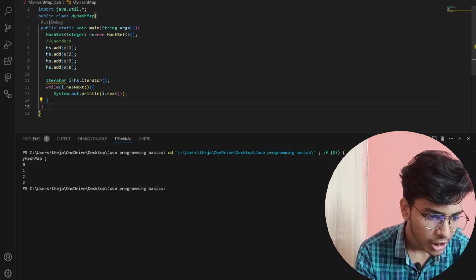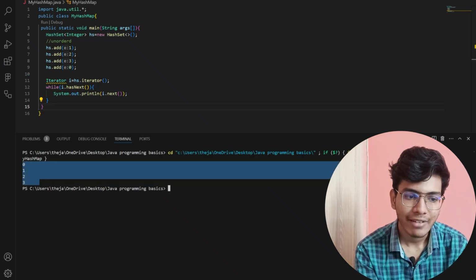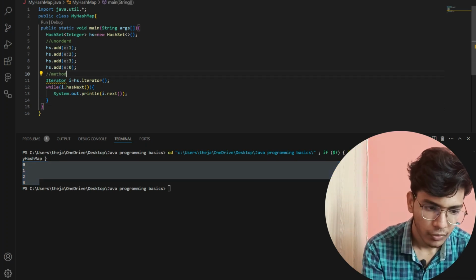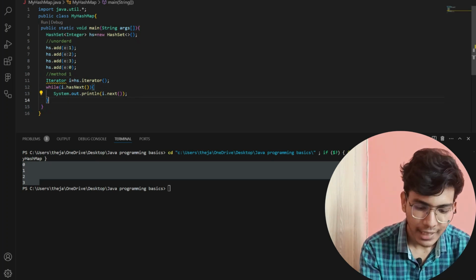So you can see that I got the output as 0 1 2 3. Like this I will print. This is my iterative method 1. Now if I want to use the other method, then what I will do is that,